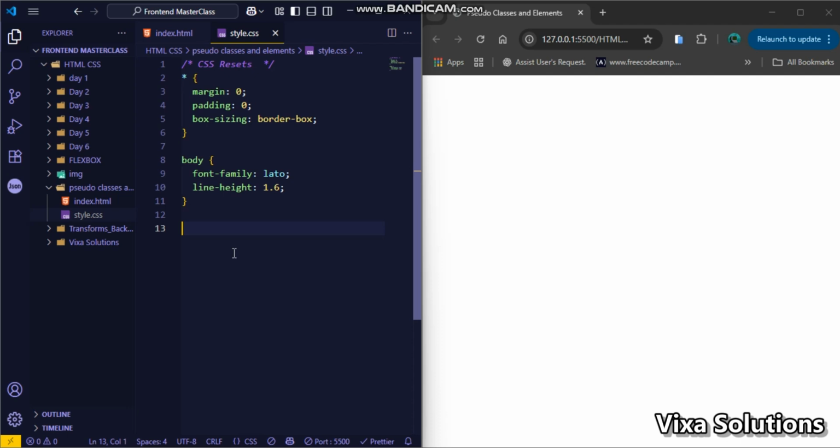Okay, without wasting much time, let's get started. So, what exactly are pseudo-classes and pseudo-elements? Well, think of pseudo-classes as ways to target elements when they are in certain states, like when you hover over a button or when an input is focused. And pseudo-elements are even cooler. They let you create virtual content that doesn't exist in your HTML,